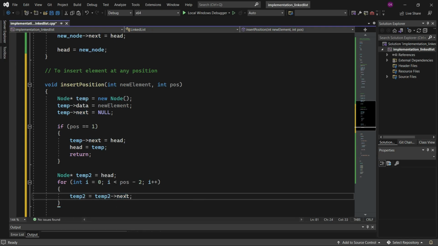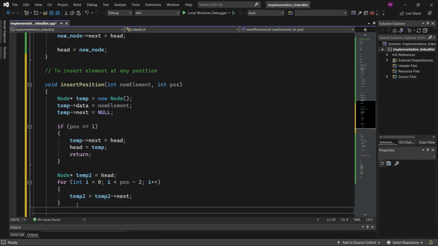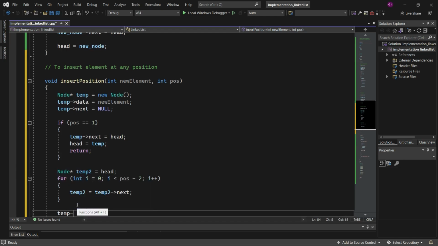Okay, and when we reach that position which we have passed here, we will update that link here. Okay, so for that we need to define temp next is equal to temp2